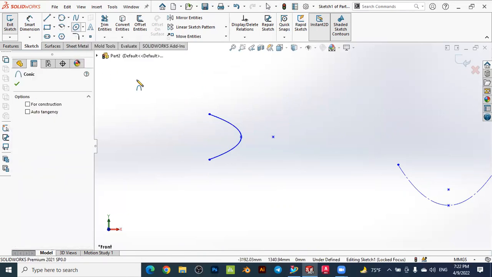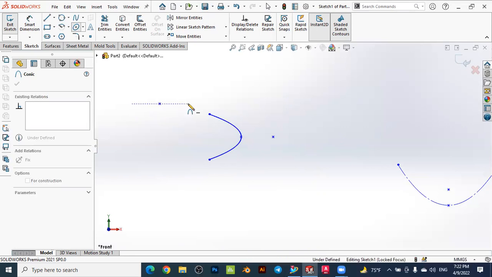So select again conic from the list. So specify the first point, specify the second point, and specify here the third point. Now you can specify the RH value of the conic. So you see, if I move the mouse, the RH value is changing. So there are three limits for the RH in the conic. So it could be less than 0.5, or exactly equal to 0.5, or higher than 0.5. For example, if the RH value is less than 0.5, it will be obtained like such kind of